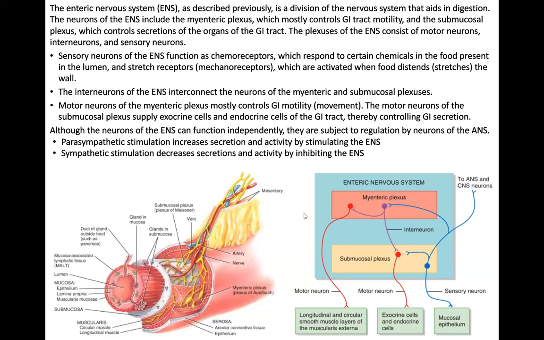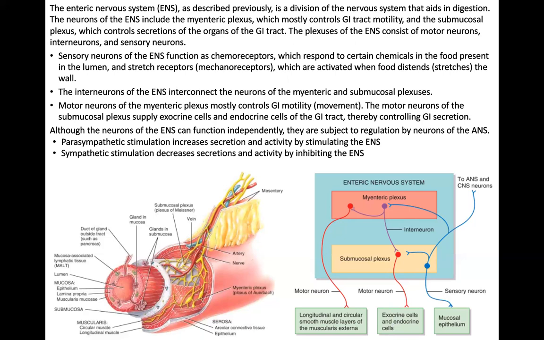And as a result of that information, motor neurons become activated, which therefore are going to send signals out either to the muscle, telling it to contract or to relax, or to the glands, telling them to secrete or not to secrete. And so we see here for the myenteric plexus, the signals going to the muscles, whereas the submucosal plexus, that set of neurons is going to go to the cells that do the